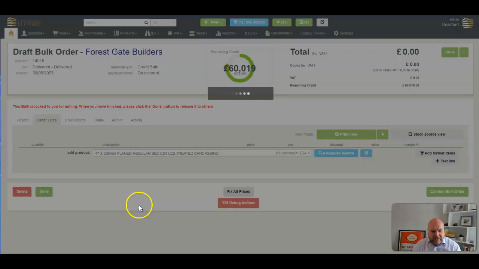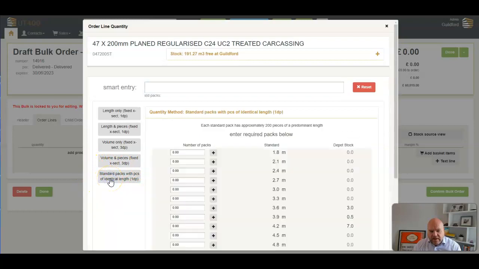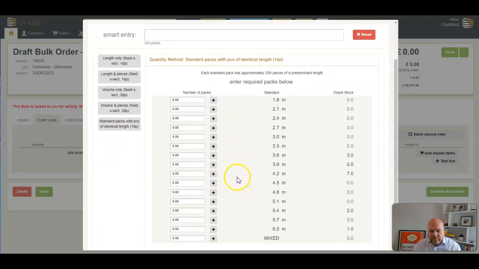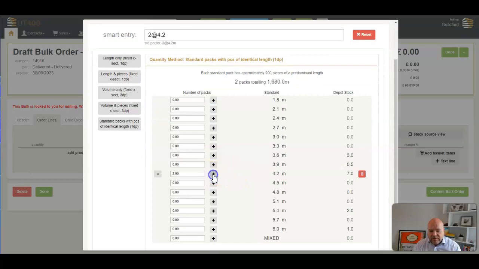So I believe it was this 47200 was the product that we were doing. Again, we can enter different types of quantities: length, volume and pieces and so on. One of the things I didn't cover in the demonstration is that within the stock method we have the idea of standard packs. The idea is that when you're selling packs to a customer, you might say, for example, that they want